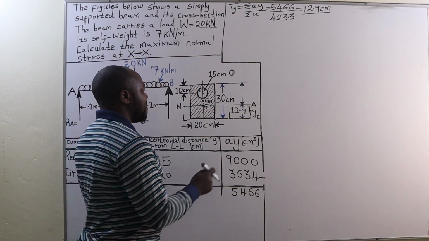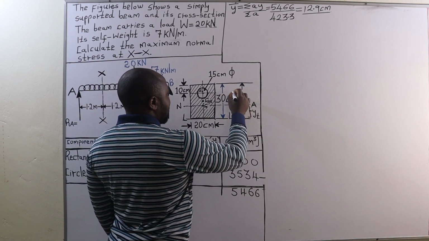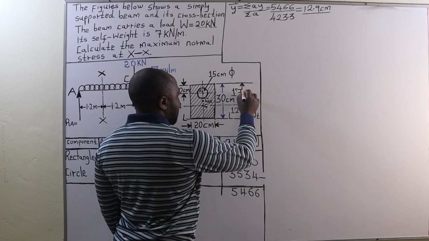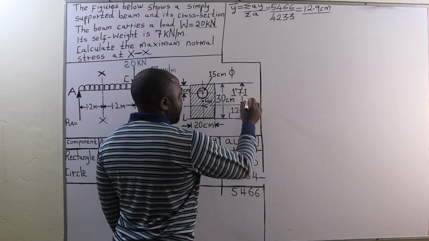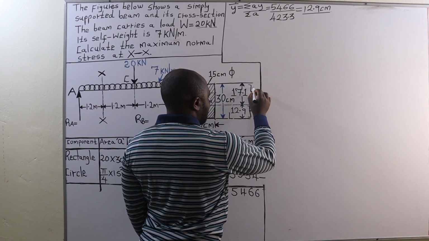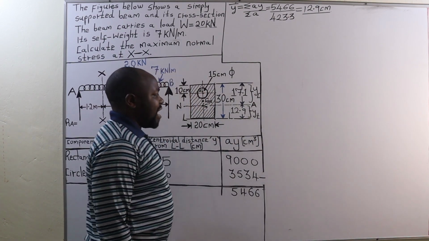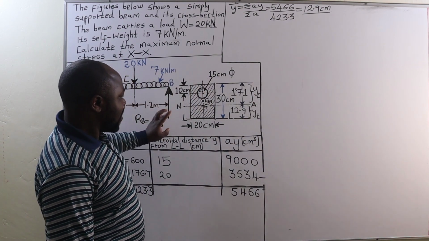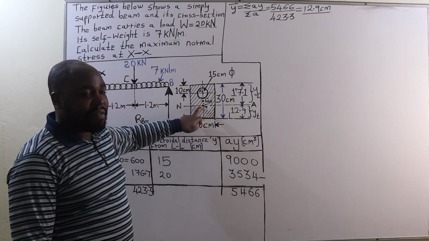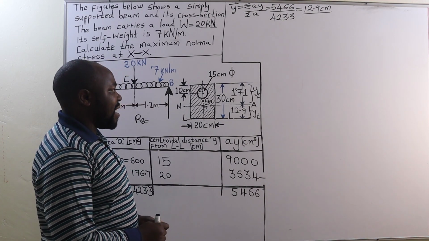So YC will be given by the depth of 30 minus 12.9, which in this case is going to be 17.1 centimeters. Therefore, this is the region subjected to compressive stress. So we call it YC. Now, after locating the position of the center of gravity of the rectangular beam section, the next thing we are